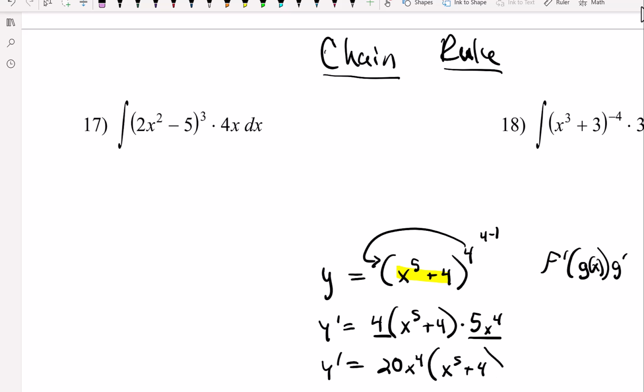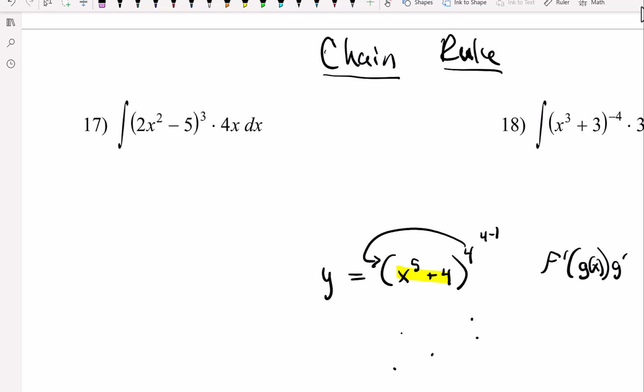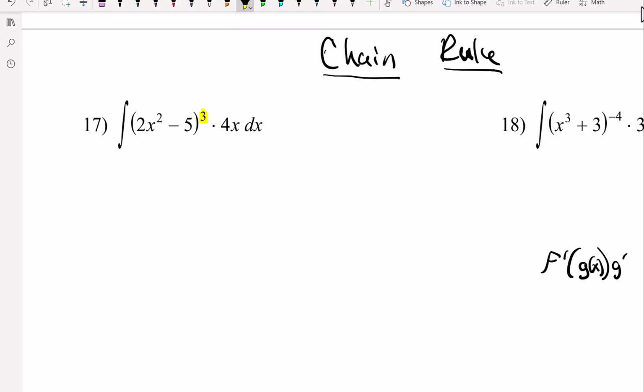Now, when we integrate, we're working backwards, so it's a little bit complex. So we're going to do what's called u-substitution. You should already be familiar with that. And what you're going to do, everything below the exponent, that means everything inside here, that's what becomes the u function. So the u function is 2x squared subtract 5, and then we're going to take